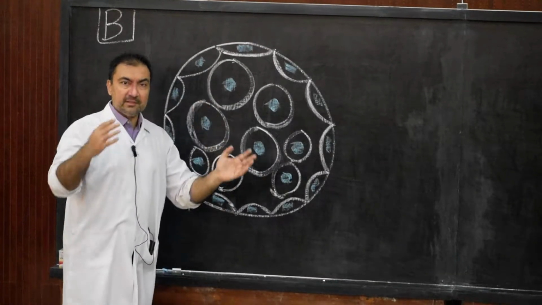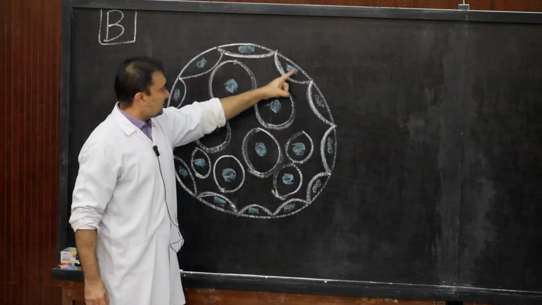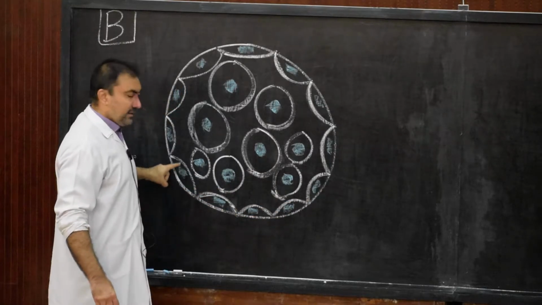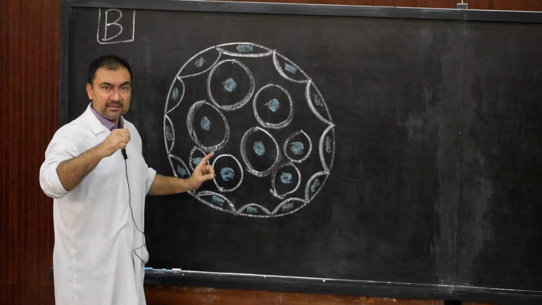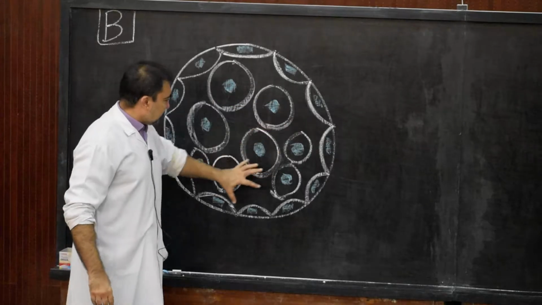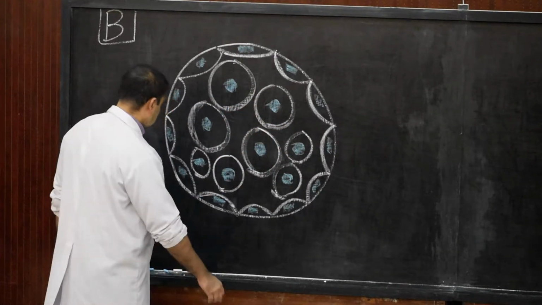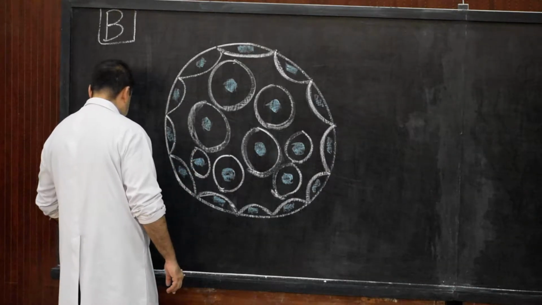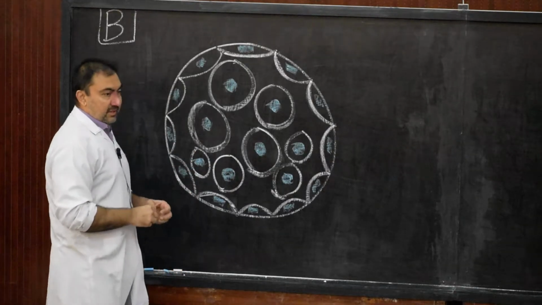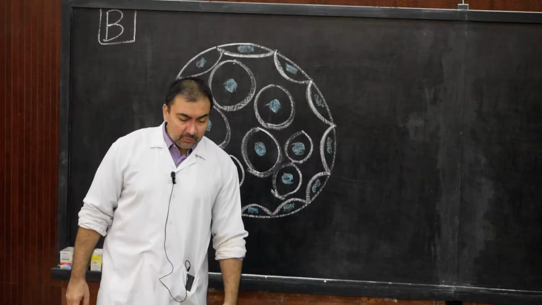And since we have seen in the morula, it is dividing into an outer layer of cells, which will now be known as trophoblast. And this is the inner cell mass, a group of cells which are lying inside. So therefore, now what will happen? An interesting change will take place at this stage after the morula.